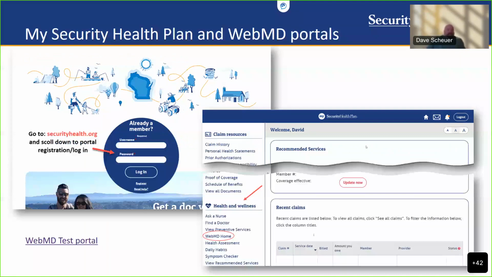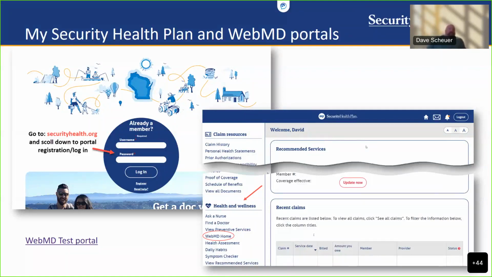Underneath that login key, you'll see a little word that says register. It might be a little small on your screen. You can go ahead and click through there to create your online account. You will need your membership card because you'll have to enter your subscriber ID, that's to the left of your name on your ID card, and follow the simple steps to set up your username and password. If you already have an account, you can just enter your username, password, click login, and be directed right to